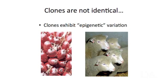some aberrations arose. And those of you who follow the cloning literature and animals shouldn't be too surprised at that. Of course, famously, Dolly the sheep was not quite the paragon of sheep health that she could have been, and her clones suffered from a number of these epigenetic maladies even though they were genetically identical. And the same is true in palm trees. We often find problems like this